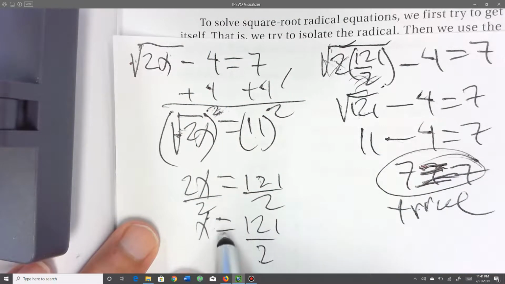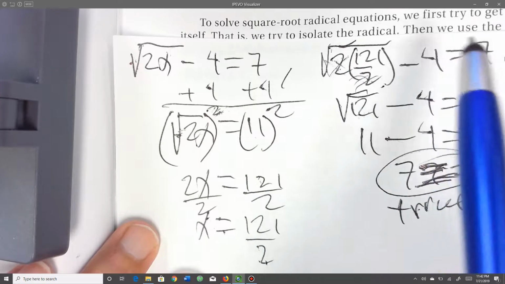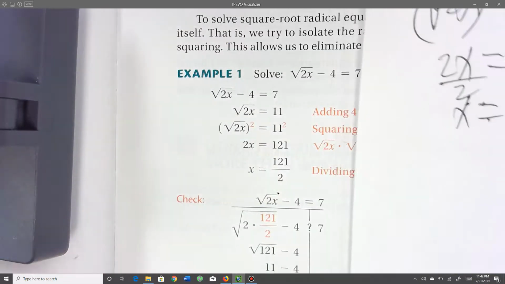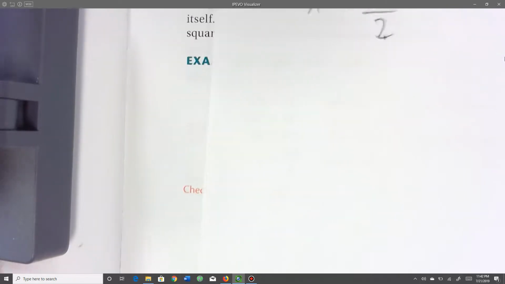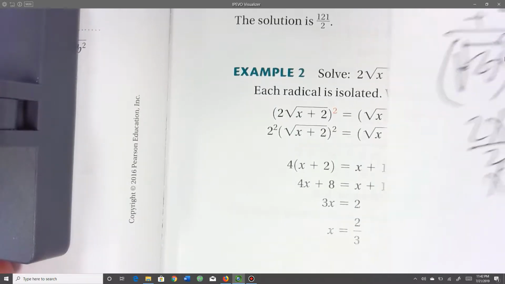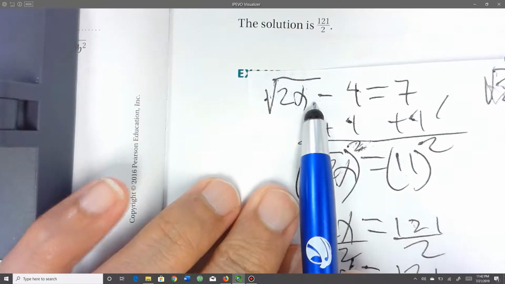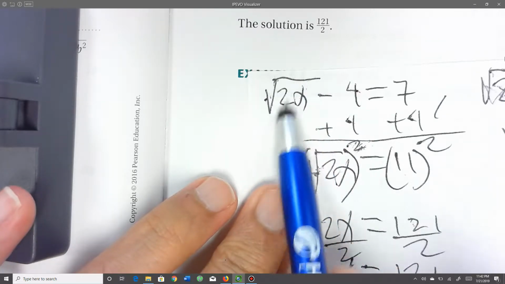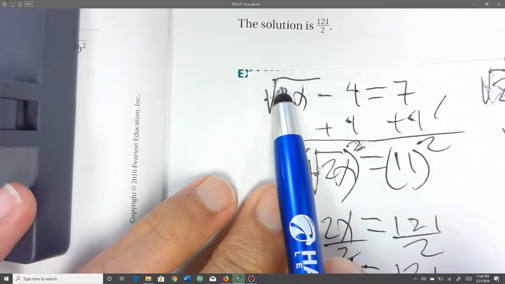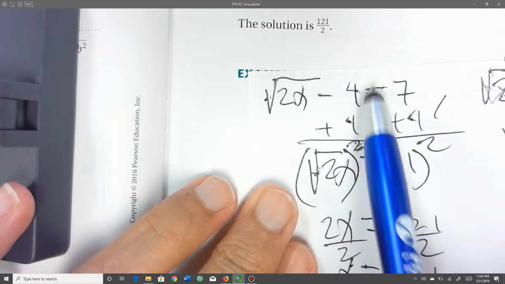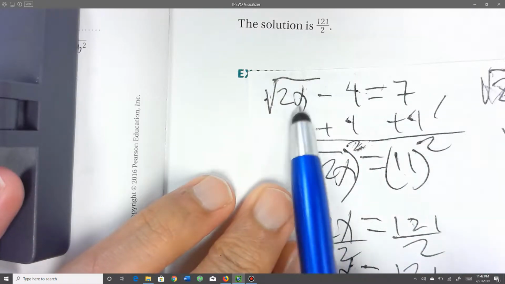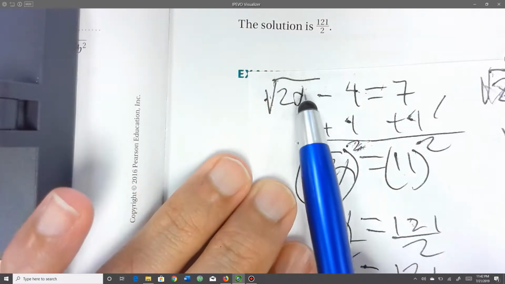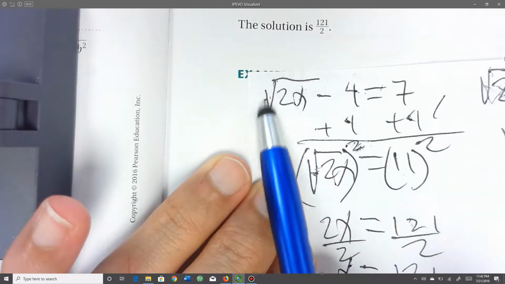And therefore, this is a solution. This 121 over 2 is a solution of this equation. All right, that's an extra step that you need to perform whenever you have variables that are inside a radical sign. Okay, variables inside a radical sign, because you could have variables outside radicals, but then you will need to perform this extra step. Okay, this only applies when you have variables inside the radicals,